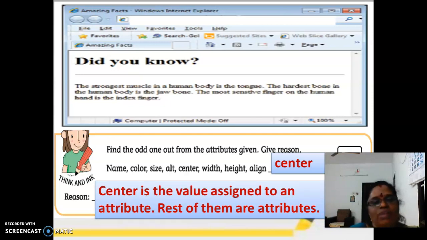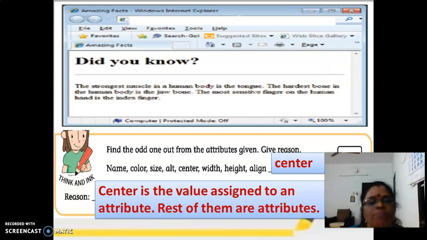The rest, name, color, size, are attributes, but center is a value assigned to align. Like red is a value assigned to the attribute color, and 12 is the value assigned to the attribute size. Likewise, center is the value assigned to the attribute text align.